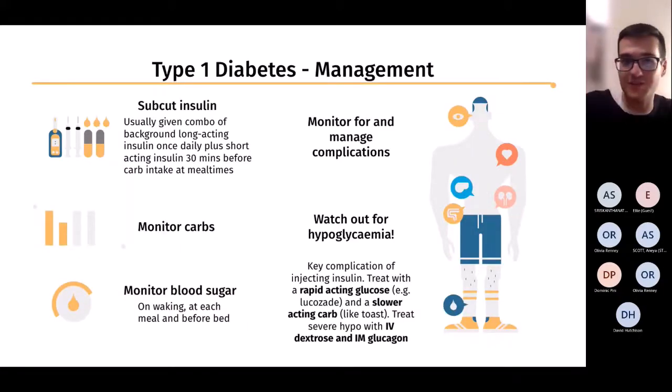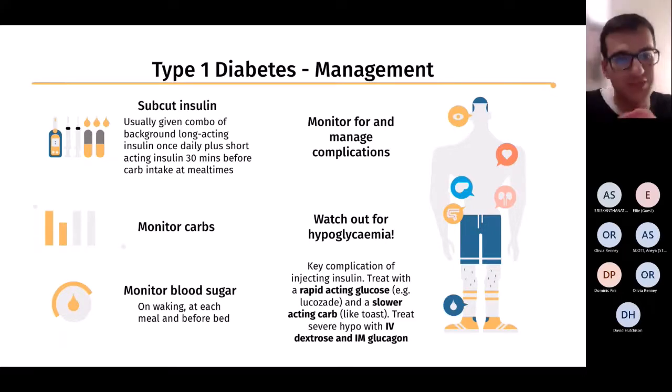Okay, so this is type 1 diabetes management. Basically, to manage someone with type 1 diabetes, they need to use insulin because they haven't got any insulin. So we just replace it with artificial insulin. Usually we give a combination of a long-acting insulin that acts in the background all day, and then a short-acting insulin 30 minutes before a carb intake at meal times, to boost that insulin for the point of time when they need it, when they're about to have a big load of